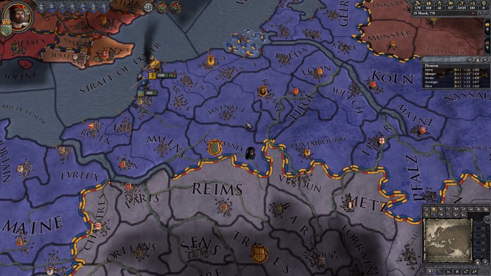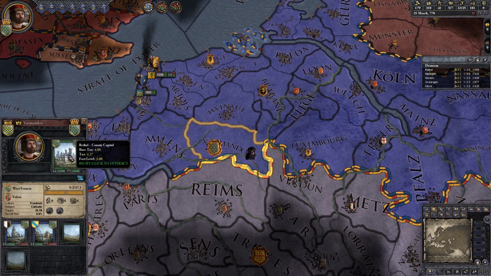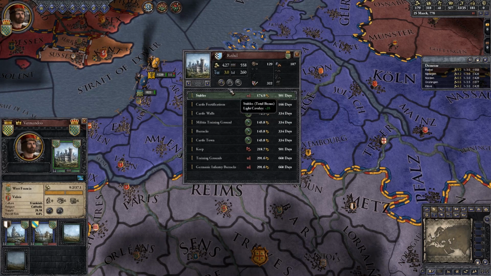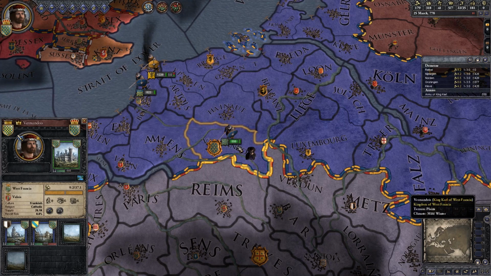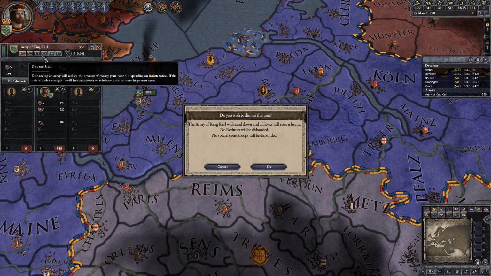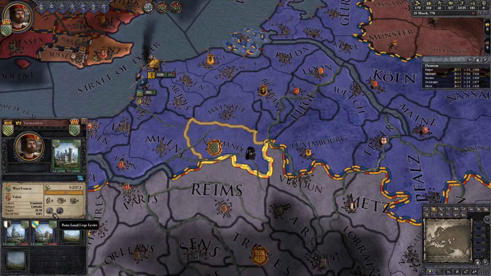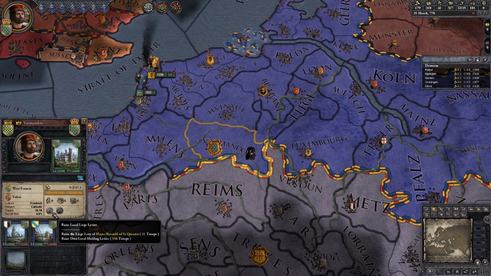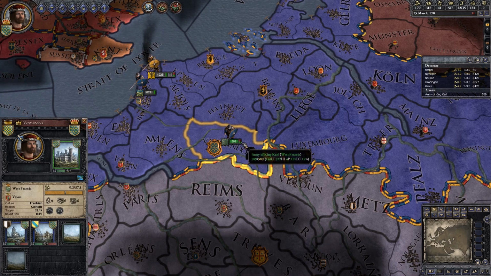Now, one thing that you can do, like I did here down in my capital, is I went in and clicked on my county capital button and I had raise levy here. Clicking on that raise levy gives me the 558 troops as expected. Now what you will notice is when I click on the county, there's also a button here that says raise local levies. But if I click this button, I have 589 troops, and those troops don't